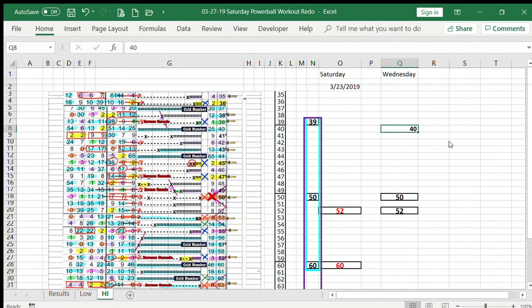And yeah, this is a little late. The time, I believe now, is 10:02, so it's like an hour to the drawing. So most of you aren't going to be able to see this, but you can try to learn the logic that I'm using for these numbers. And tomorrow's supposed to be warm, going to be 60 degrees, so I might go to the store, take a walk. It's kind of far, and it also depends what numbers come out. I'm going to have to see where I am as far as my workout and where my money is concerned, or I might just play the pick 4 or the cash 5, even though I don't really like that game because